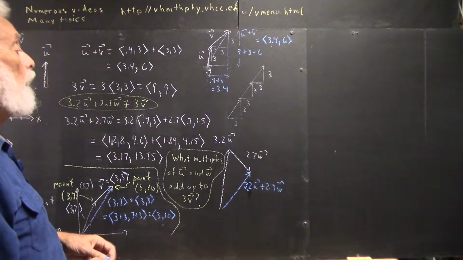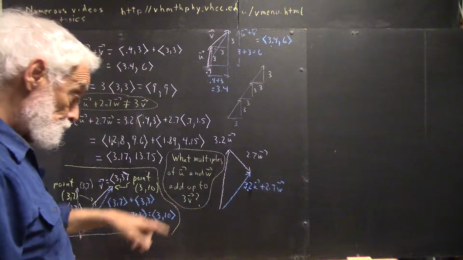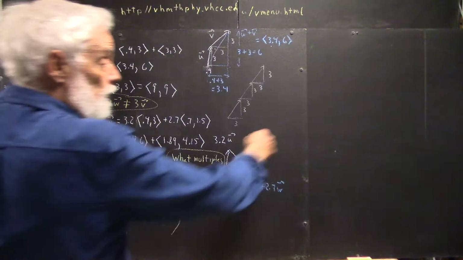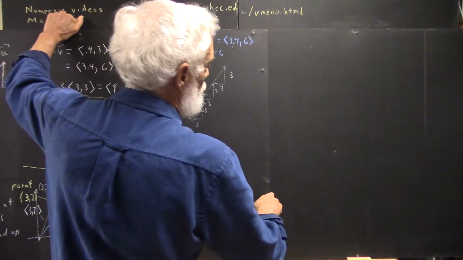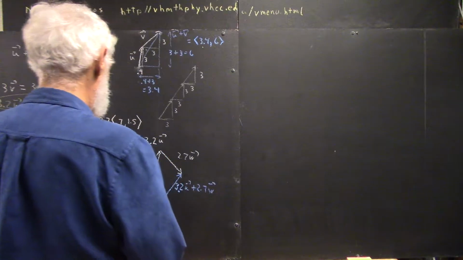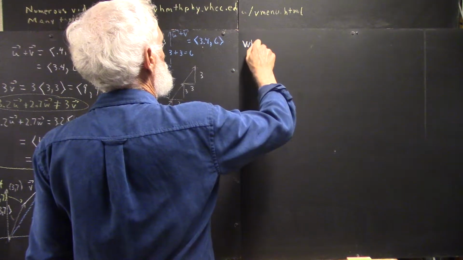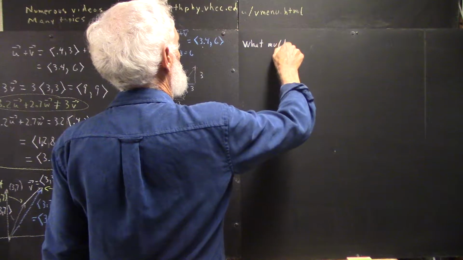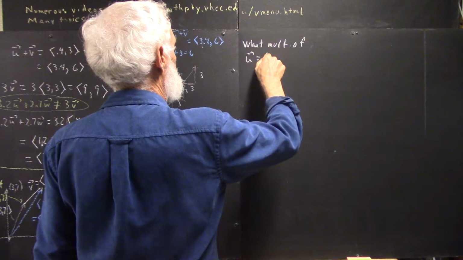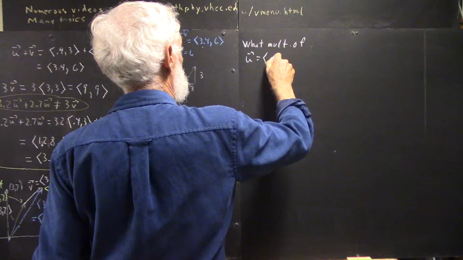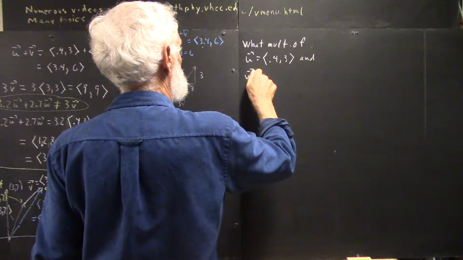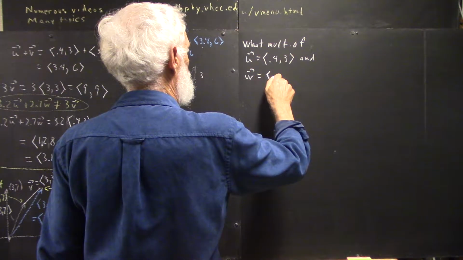Now, my real question is, what multiples of u and w would add up to 3v? Okay, so that's our question. Now, I'm going to translate that question over onto this board, and we'll work from here. So the question then is, what multiples of u, which is 0.4, 0.3, and w, which is 0.7,